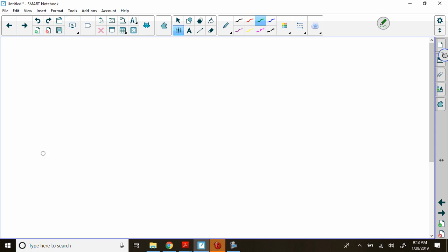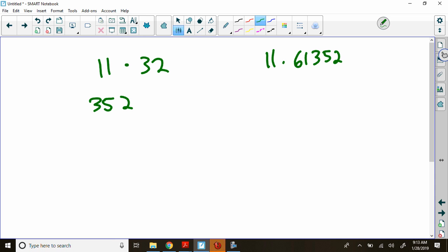Here's one. What if you had to multiply 11 by 32? I know a really fast shortcut for this. I know that the answer is 352. If I had to multiply 11 by 6,135,27, that's going to be 67,487,97. Because I know a really cool trick for that. Okay, but if I don't know that trick,